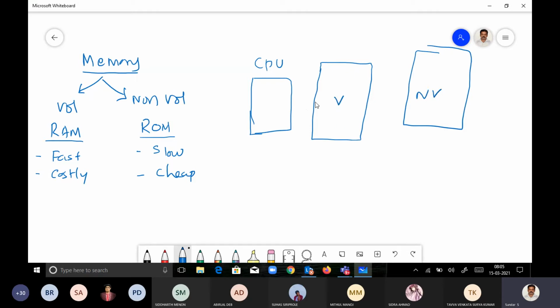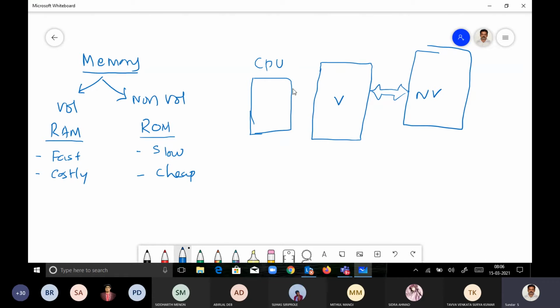The idea is this volatile memory cannot retain information. Once the power goes off, everything will be lost. So we would like to have some connection between this volatile memory and non-volatile memory, such that whenever the computer is turned on, a portion of non-volatile memory can occupy the volatile memory. Whenever the CPU looks for something, it will first check whether that something is available in the volatile memory, because it's random access, so it can easily access the thing, and then it can work.